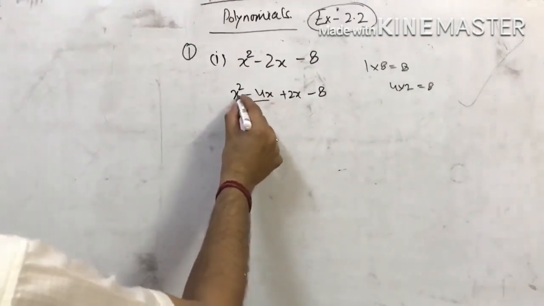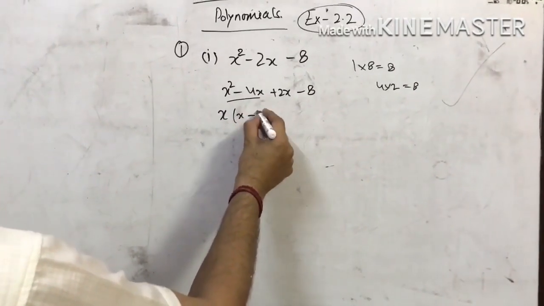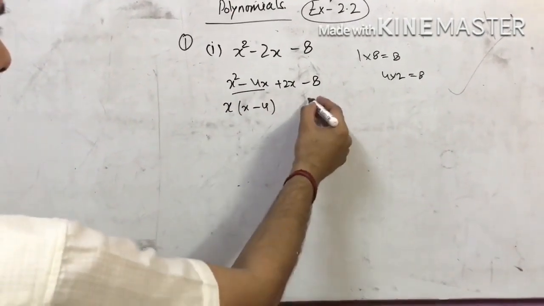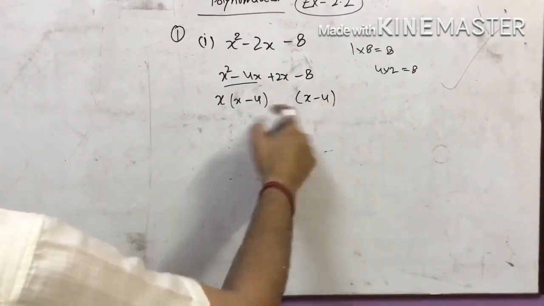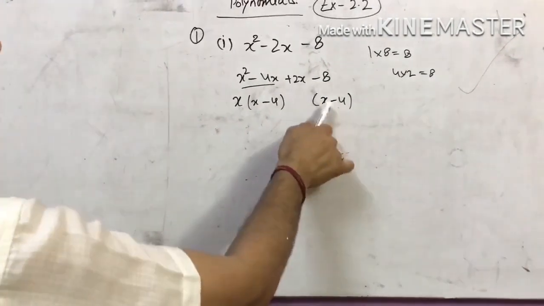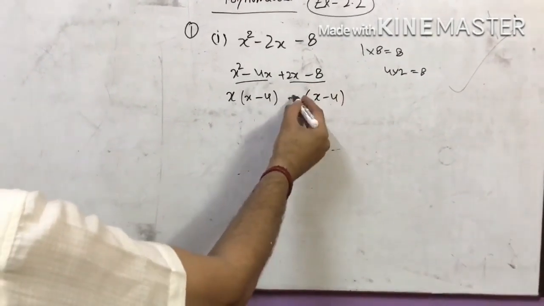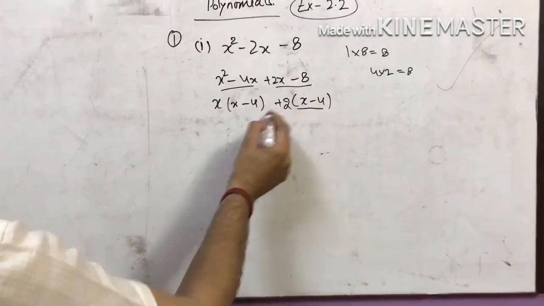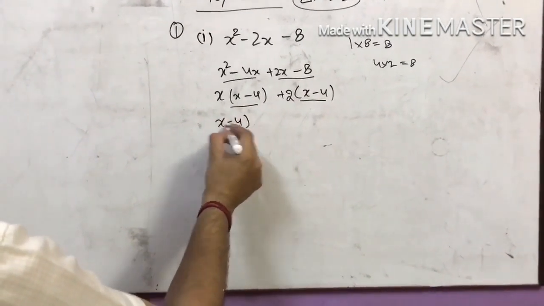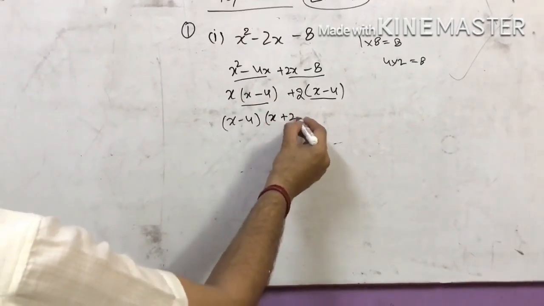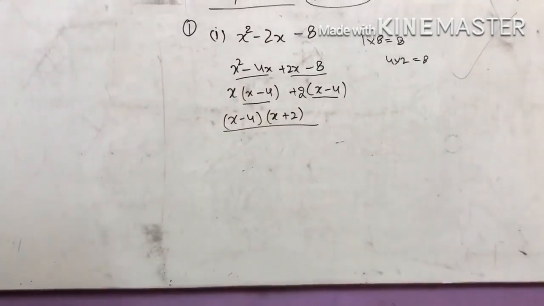You will write x. You can take x from these two common, because it is only the number which we can take common. After leaving some space, you write down x minus 4 again. Now what number you should put here so that it will satisfy these two numbers? That means you have to put 2 here, 2x minus 8. Now this number is common in both. So x minus 4, take it as common. So x plus 2 will be here. Now you can see these are the factors of this equation.